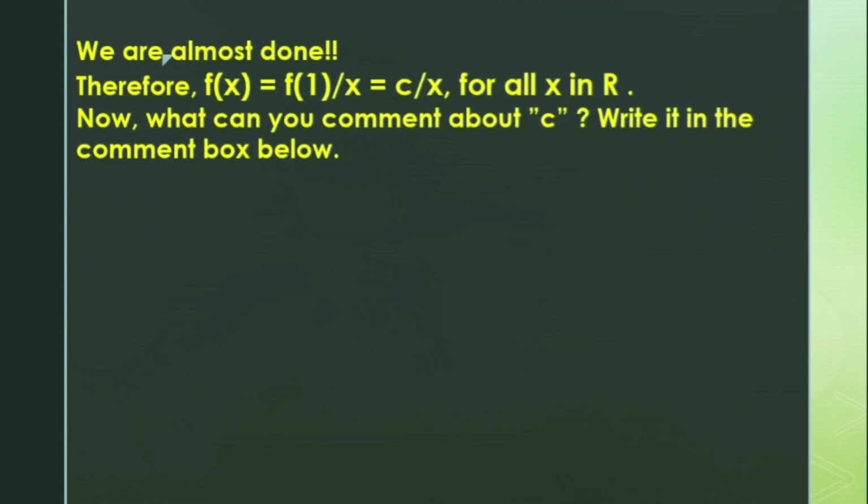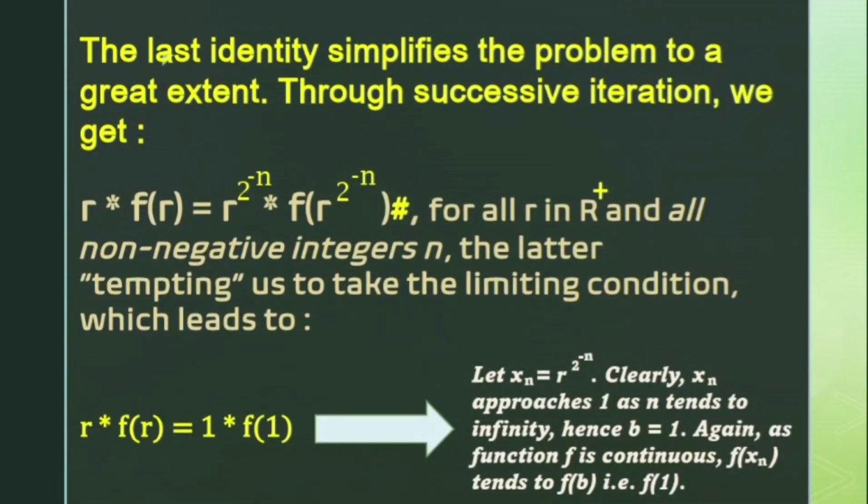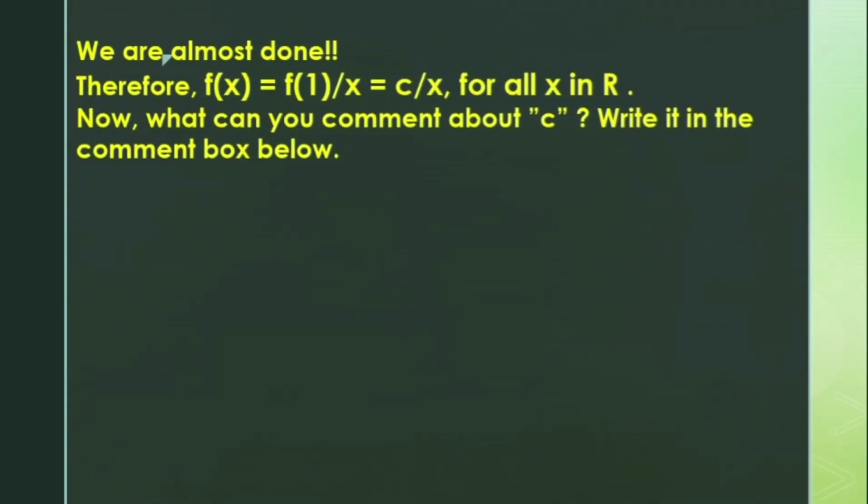Now we are almost done. Again, you may be wondering how. That's very easy, because 1 times f(1) is f(1), a constant value. So f(r) will simply be f(1) upon r, or we can say f(x) will simply be f(1) upon x. Now f(1) is a constant value, so that will be simply c upon x for all x in